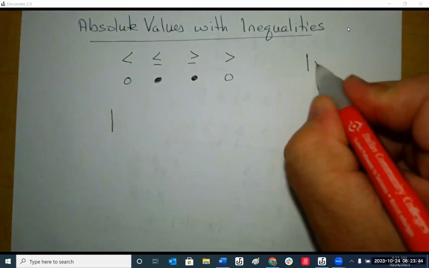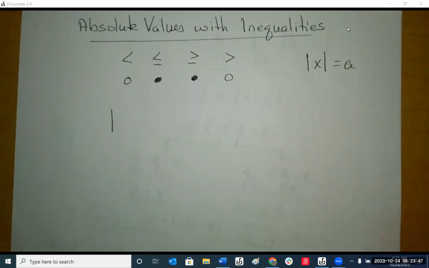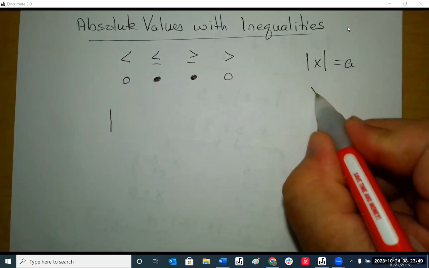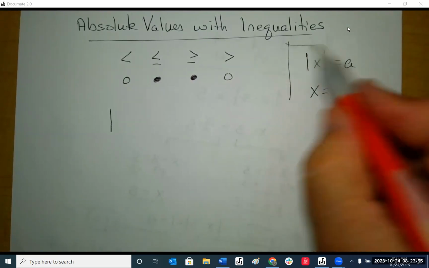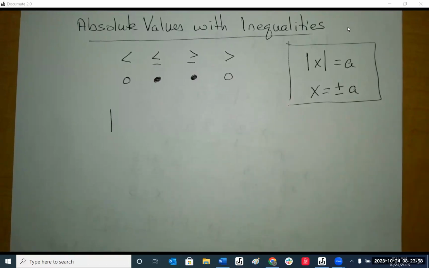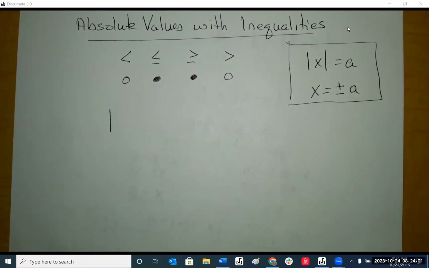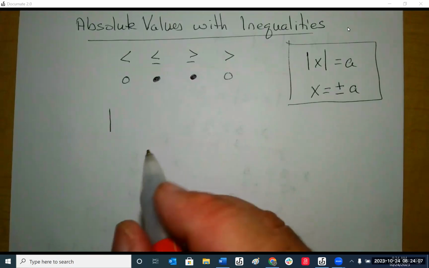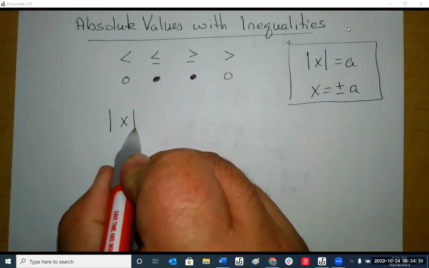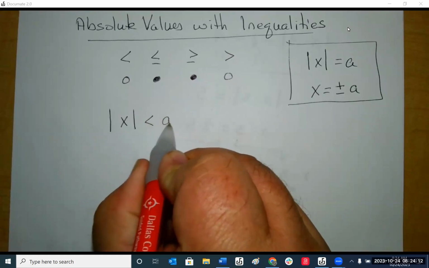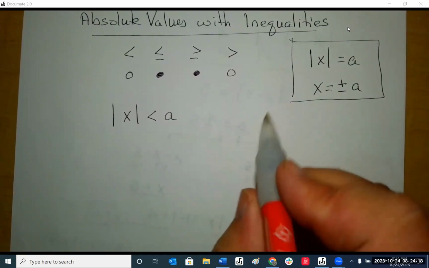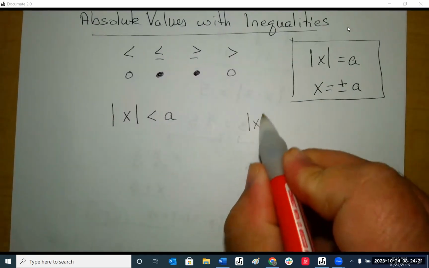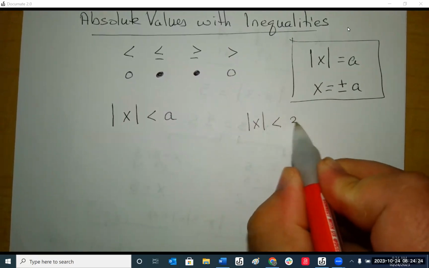All right. We know that absolute value of x, when it equals a number, and we drop the absolute value, then it equals a plus or minus of that number. That's given. That's what we just talked about. We have to do the same thing when we deal with inequalities. Let's look at this formula. So if I say absolute value of x is less than 3,